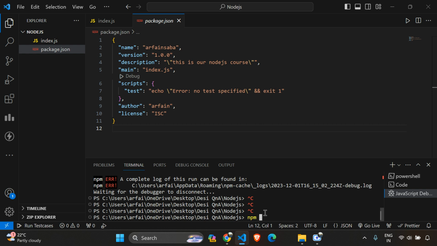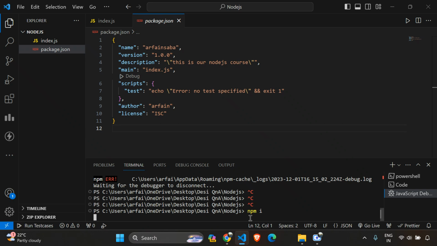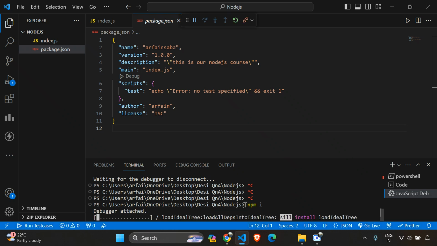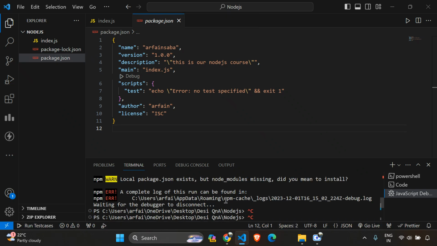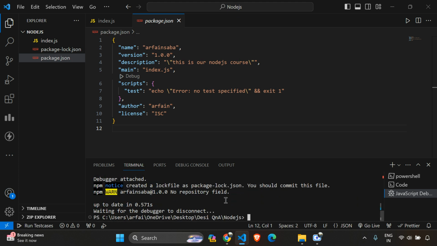Here I will use npm i, okay, npm install. You have seen me using npm install in the previous videos, or you might not have seen me doing this, because we had not brought any repository or any code from GitHub, right? We had built the code from scratch, so we didn't use it. But here let me just show you what this npm install is. npm install is nothing but, you can just give it as npm i rather than npm install.